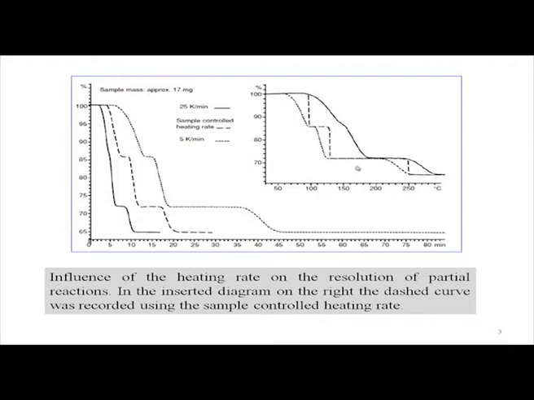But the advantage in these two cases is not clearly visible, neither the solid line one nor the dotted line one, because you do not have very good steps for this point. Similarly, we do not have a very good step for the second one also. But if we go for the technique, why this is a special one, which is known as the sample controlled heating for your TG analysis, when we record it with sample controlled heating rate, which will be in between, neither the slowest one nor the fastest one, where we get that.